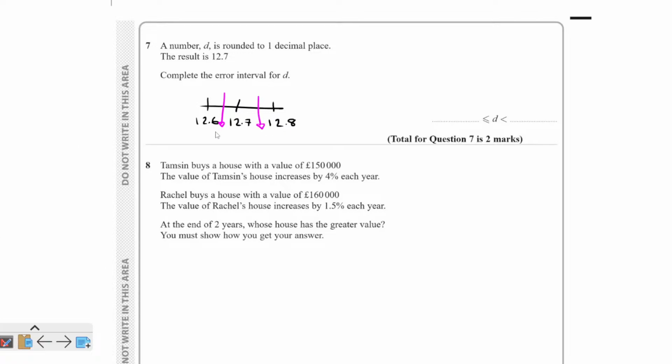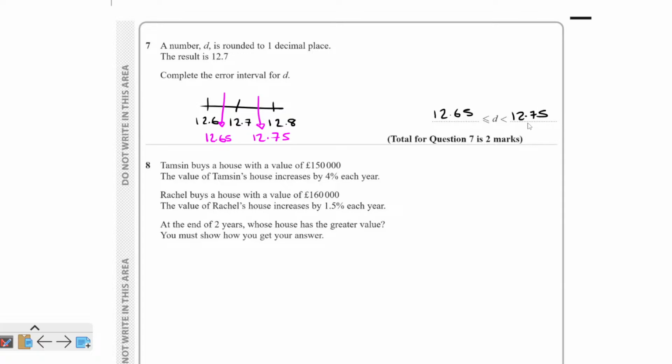So you see how you'd get 12.65 and then you get 12.75. Those would be your answer there. 12.65, 12.75. Now, some people think you need to put 12.7499 or whatever it is, loads of 9s,